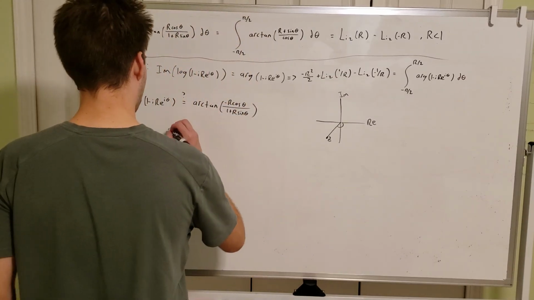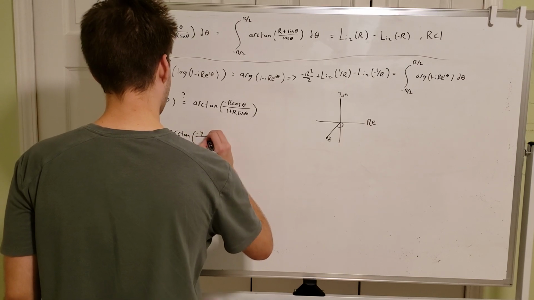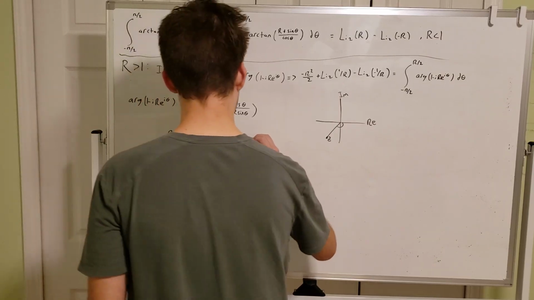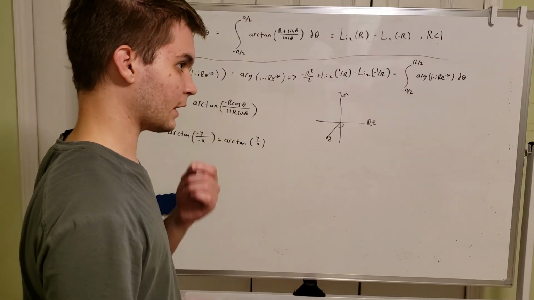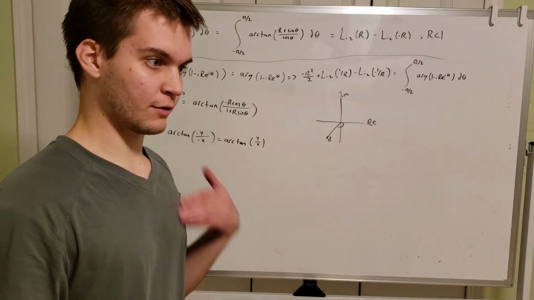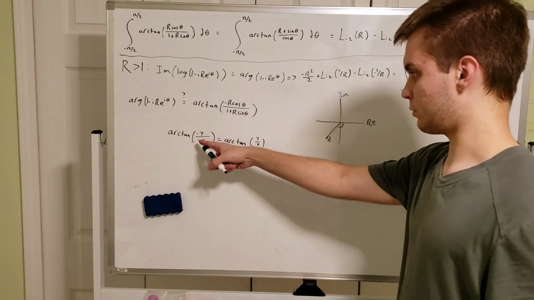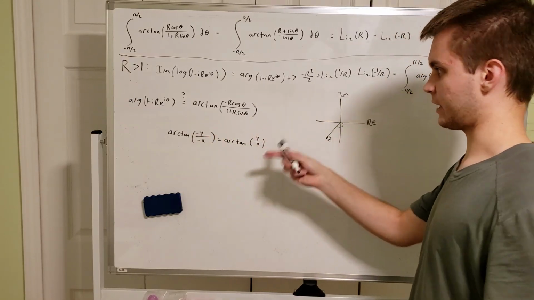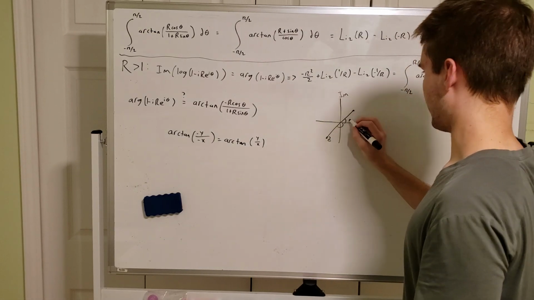The reasoning for that is that, basically, when it comes down to it, arctangent of minus y over minus x is the same as arctangent of y over x, if you think of y as imaginary part, x as real part. So arctangent's dumb. It doesn't know the difference between a negative over a negative and a positive over a positive when you're dealing with arguments. So the arctangent will equate the minus imaginary part and the minus real part with positives for both. So arctangent will spit out this angle,